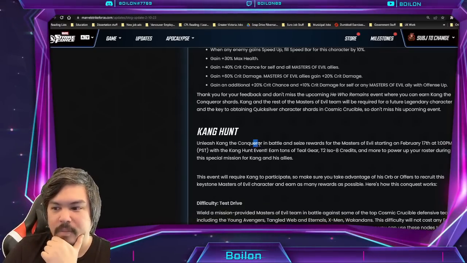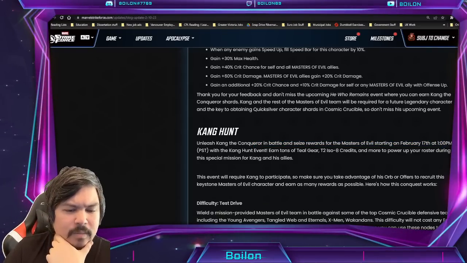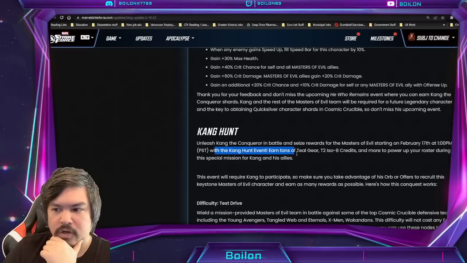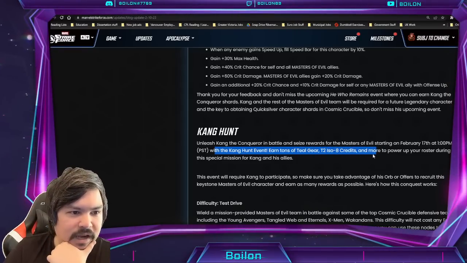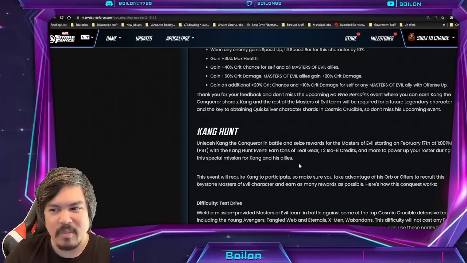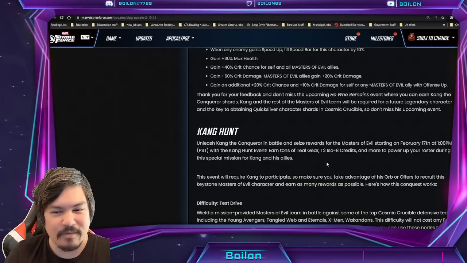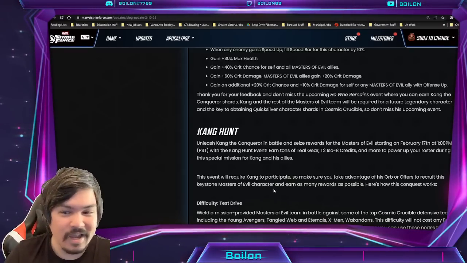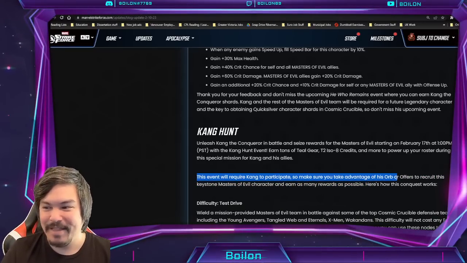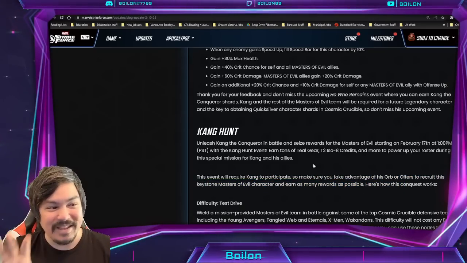Unleash Kang the Conqueror in battle and seize rewards for Masters of Evil starting February the 17th with the Kang Hunt event. So that's going to be next Friday at 1 p.m., and earn tons of teal gear, ISO credits, and more. So this makes it sound like a Kang offer is imminent because it's designed for him, which is strange, right? Even though he's not going to be made available free to play, I don't know. The event will require Kang to participate, so make sure you take advantage of his orb or offers to recruit. Okay, so it's coming, but this is not...